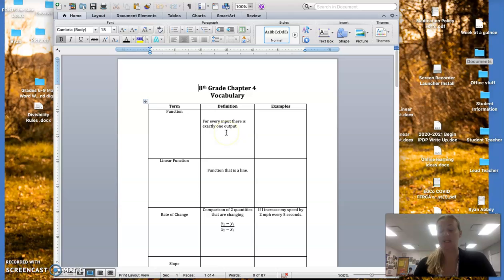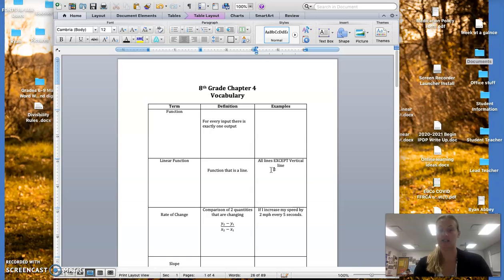We know this. We just spent an entire unit working hard on this, but remember that for every input, there's exactly one output. And so just remember that function machine. And then we learned this one too. A linear function is a function that is a line. If you remember, all lines except